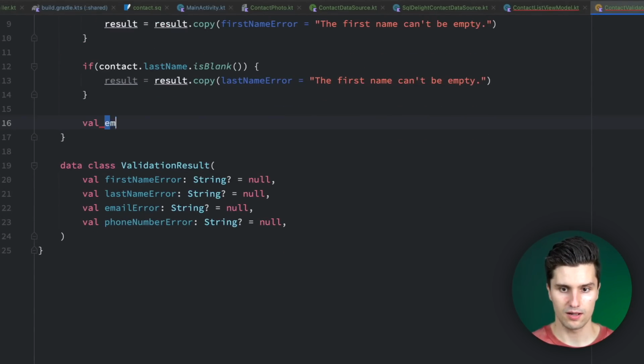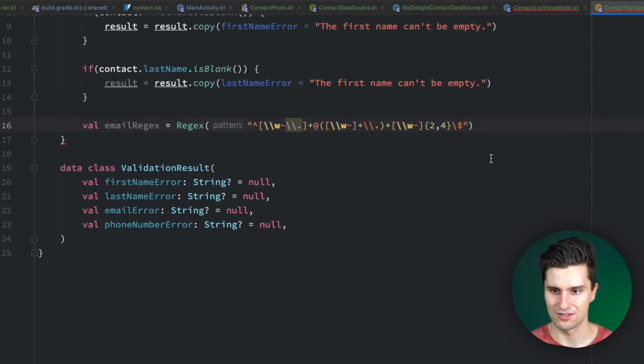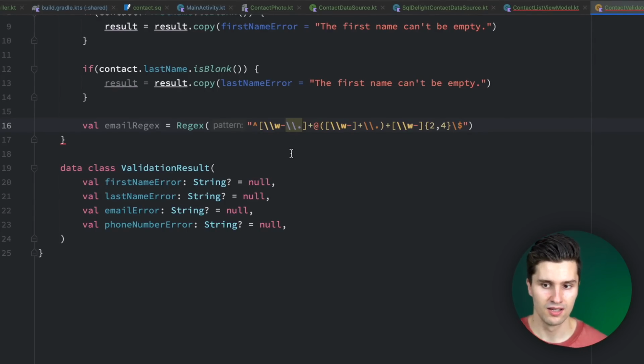Then for the email, we have an email regex, which is a new regex. And here we want to put the pattern, which I will just copy over from my prepared product. You can either copy this from my GitHub repository or just write this off, but make sure you don't make any mistakes. This is probably not a perfect regex for determining emails, but it will catch the most common formats